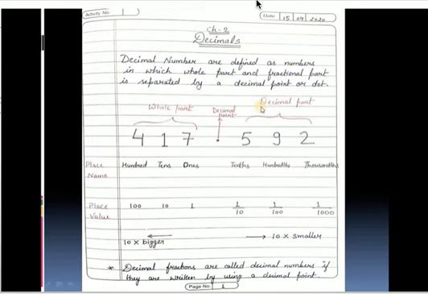So basically, what are decimals? Decimal numbers are those numbers in which a decimal point is present, and it divides a number into two parts. The number before the decimal point is known as the whole part, and the numbers after the decimal point are known as the decimal part. Okay, so basically, a number in which a point or decimal is present is known as a decimal number, and it is separated into two parts: the whole part, which is before the decimal point, and the decimal part, which is after the decimal point, right?